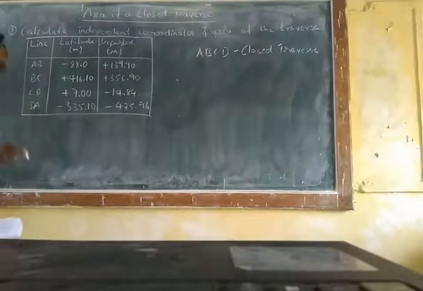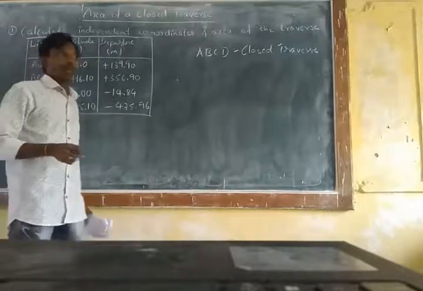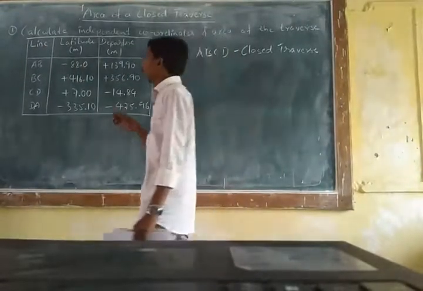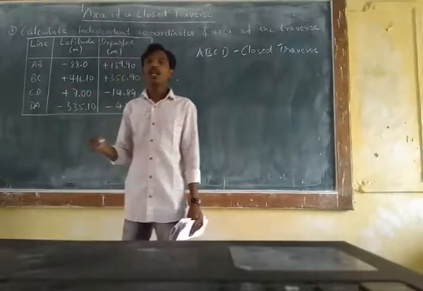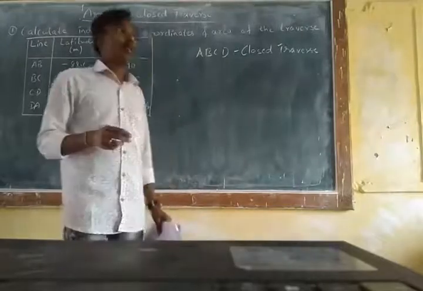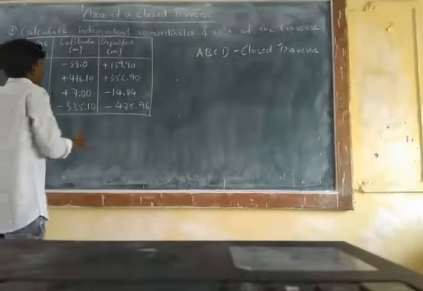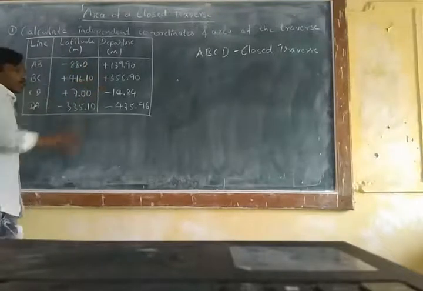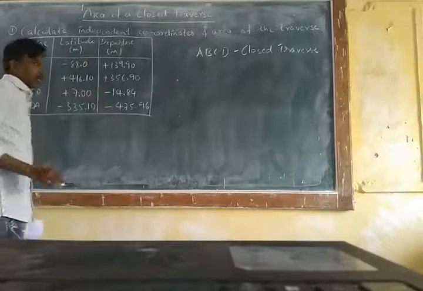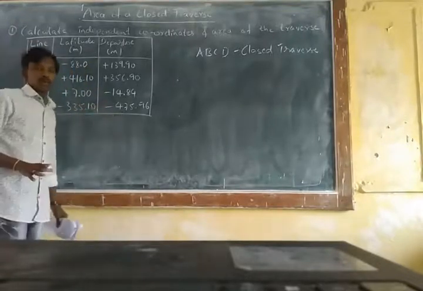So if they have not provided, then they will give the bearings. So they will give the length and the bearings of the traverse sides, and by using the length and bearings, the L cos theta formula for the latitudes and the L sin theta formula for the departures, applying those formulas you can get the latitudes and departures. So to save your time, they have already given the latitudes and departures. Almost in the exam also they have directly given these two coordinates.